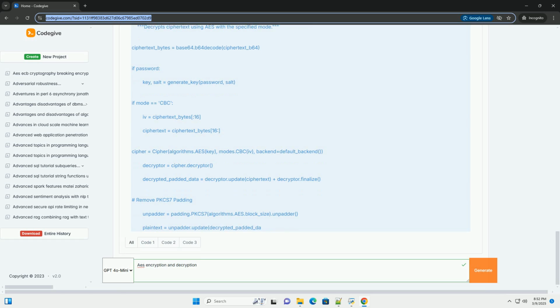Password-based key derivation, PBKDF2. Instead of directly using a password as the key, the generate_key function now uses PBKDF2 to derive a strong key from the password. PBKDF2 is a key derivation function that applies a pseudo-random function, in this case HMAC SHA-256, repeatedly to the password along with a salt. This makes it much harder for attackers to crack the password even if they obtain the